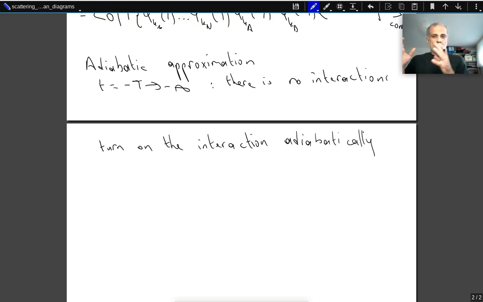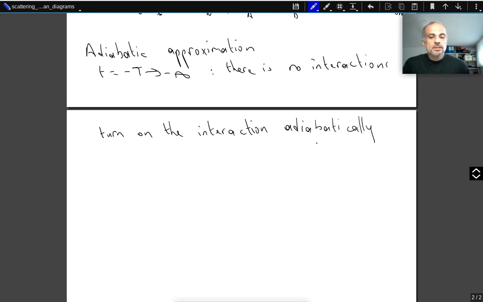So we have our particles that are far away, then they are approaching each other, where they are far away at the minus infinity, they are approaching. As they are approaching, we are also turning on the interaction, so when they can actually interact, there we have the full interaction of the theory. But this adiabatic changes make sure that if we start with a two-particle state, like this one,